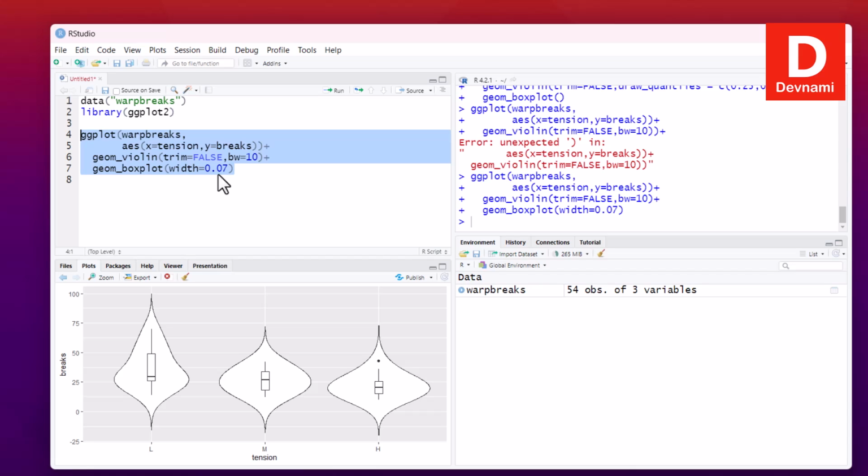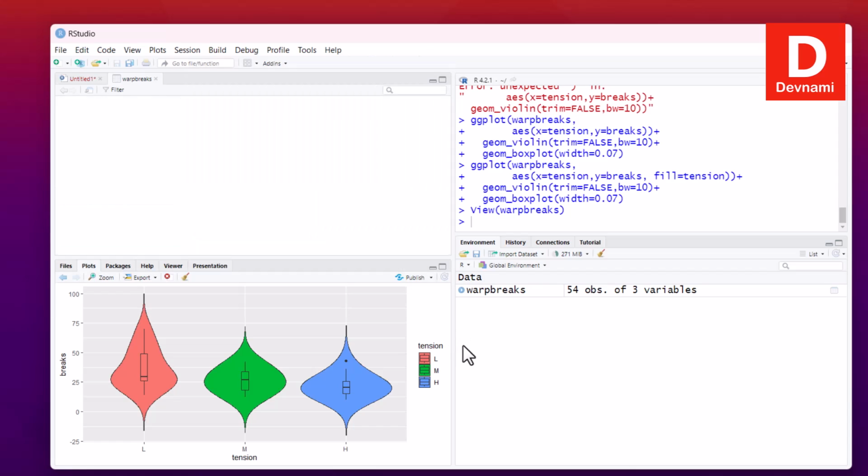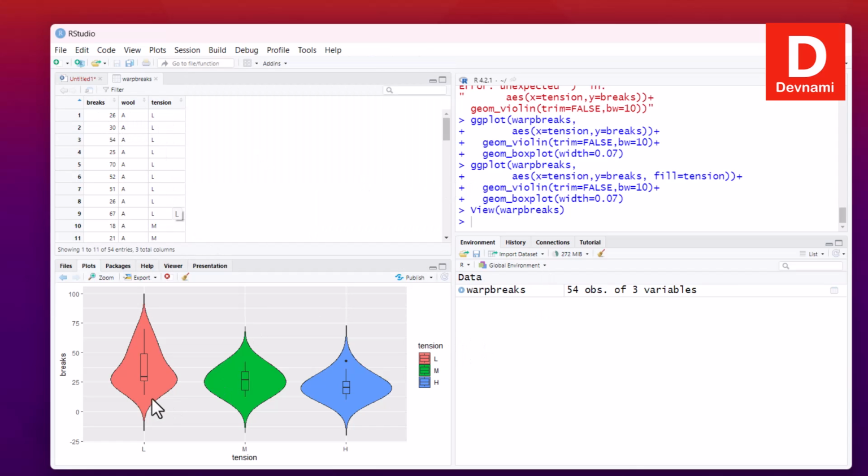Right now we can also add color to this, right? To add the color, we can use, instead of this y breaks, we can add one thing which should take our tension, right? So x should get a fill, and if I run this particular statement, we get our violin chart with 3 different colors: red, green, blue, right? So the only change after breaks would be fill set to tension. So the data related to tension would be getting the fill,